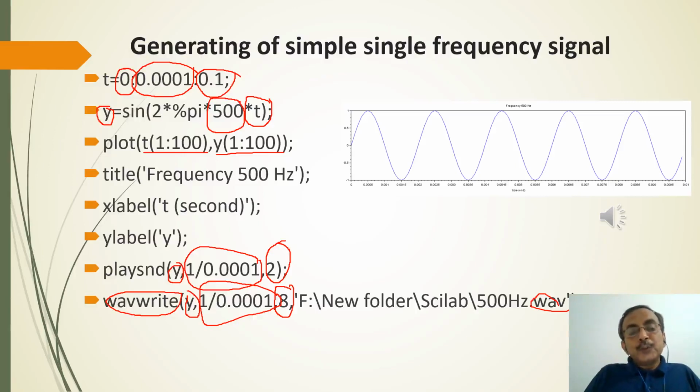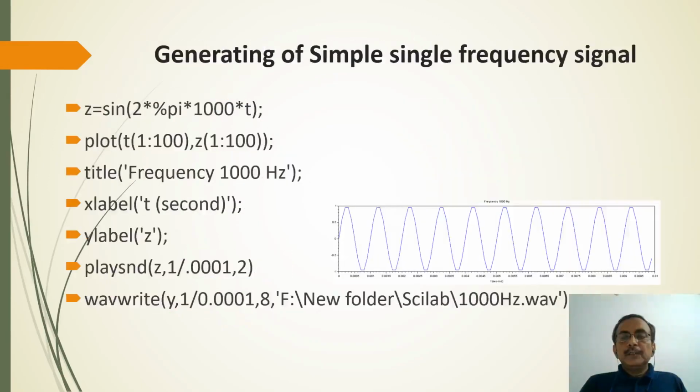This is what is usually done in the case of audiometry when we want to test the response of our ear to different frequencies. This is how the signals are being generated. We have generated a 500 hertz signal. Now if we use the same set of commands, and instead of 500 we try to generate a 1 kilohertz or